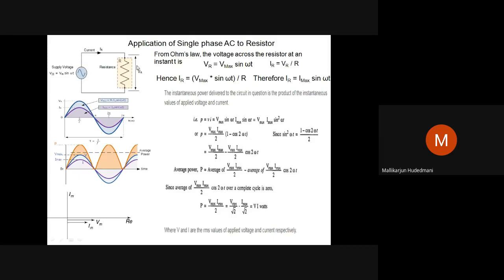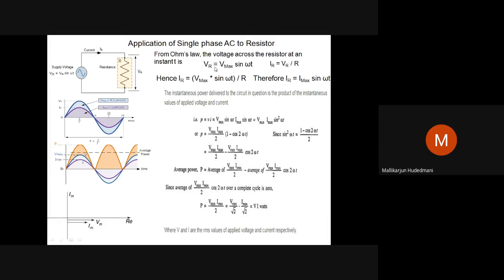What is viewed across this? Therefore, I can write the current flowing through this resistor as IR equal to Vr divided by R. Then this is equal to Vm sin omega t divided by R. So this can be rewritten as Vm divided by R times sin omega t. You can see here IR equal to Imax. What is Imax? Imax is Vmax divided by R, sinusoidally varying, which is written here. This is rewritten with the peak value as IR equal to Imax sin omega t.